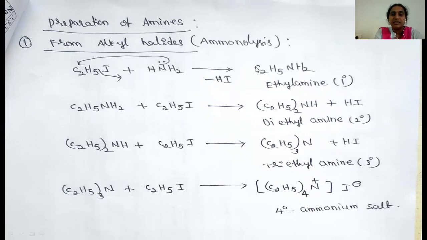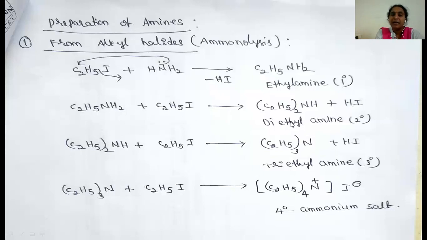Whereas now this ethylamine further reacts with the alkyl iodide or ethyl iodide, and again the nitrogen donates electrons to the alkyl group, which produces diethylamine. Here also, it first donates its electrons to the ethyl group and nitrogen gets a positive charge, and to neutralize this positive charge the nitrogen abstracts this bonding pair of electrons. So from here H is liberated as H plus, whereas from here I is liberated as I minus, and H plus and I minus are liberated as hydrogen iodide.